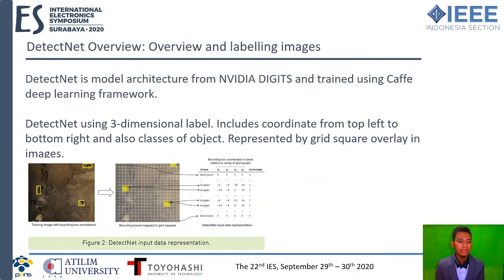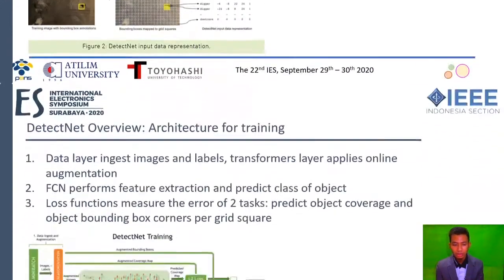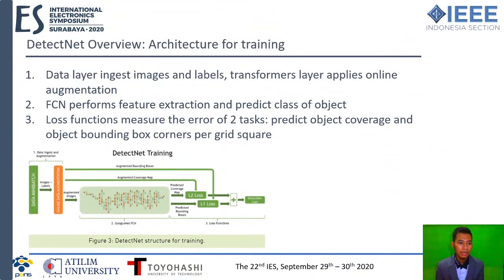So this is the DetectNet overview. DetectNet is a model architecture from NVIDIA DIGITS and trained using the Caffe deep learning framework. DetectNet uses a three-dimensional label that includes coordinates from top left to bottom right, and also classes of objects, represented by a grid square overlay in the image. And there are also five